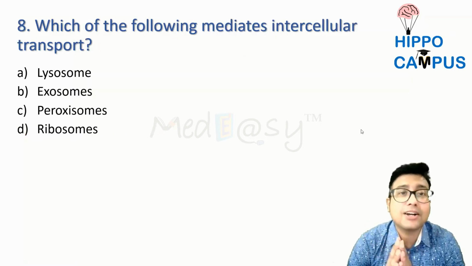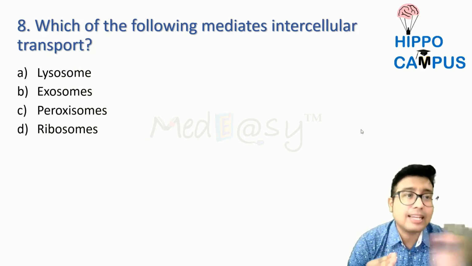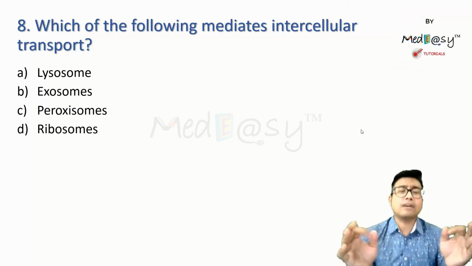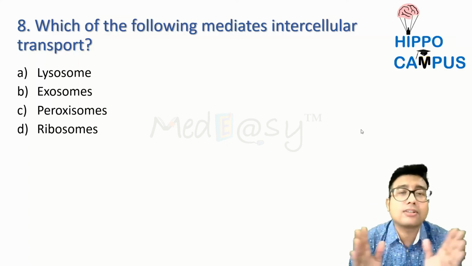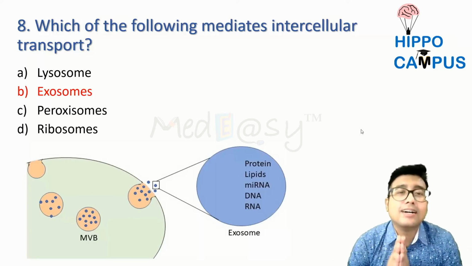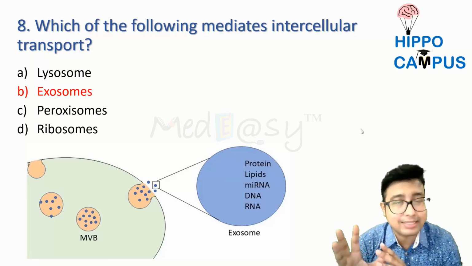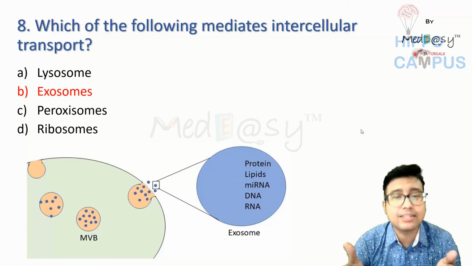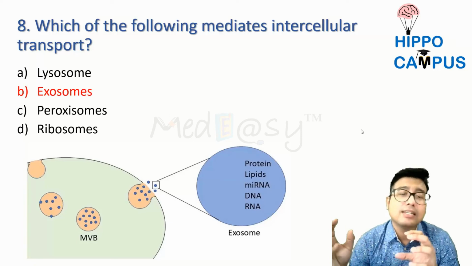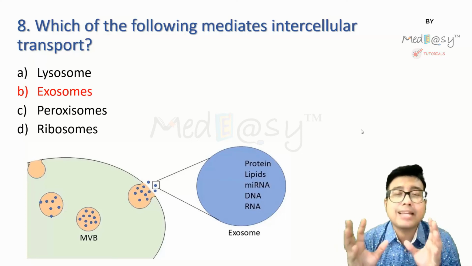Next, which of the following mediates extracellular transport? Lysosome, exosome, peroxisome and ribosome. Let me tell you right away, the answer is exosome. These are membrane bound extracellular vesicles, mind it, consisting of protein, lipid, microRNA, DNA and RNA. Research is extensively undergoing on exosomes, and they have been hypothesized to play a